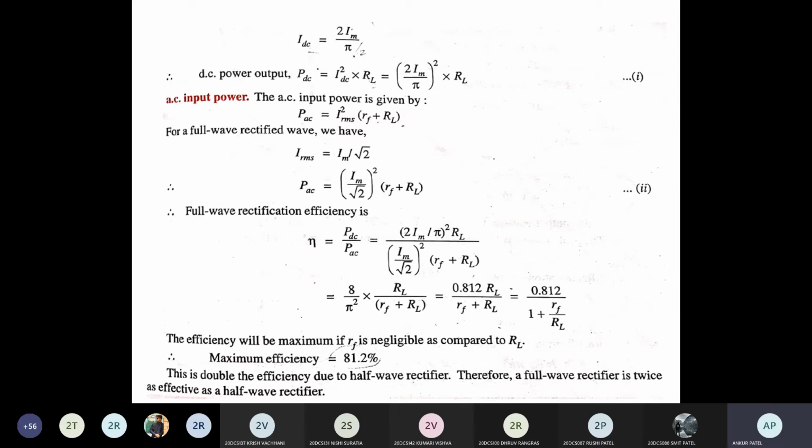In the efficiency derivation, we are just finding DC power and AC power. For that we find the average value of current in both cases, substitute, and get this efficiency. According to the power equation, P equals I square into R, where I is what we get from this. In AC we have the RMS value and the average value, and due to this we are considering this equation.